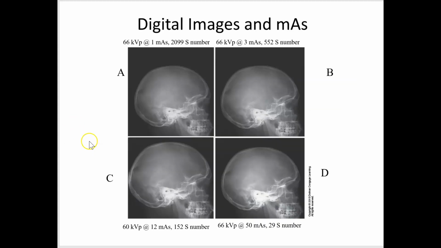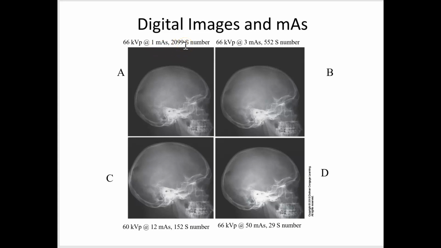All right, this slide is an example of very different techniques being used on digital imaging, and what happens is the computer corrects the image to look like what is in the lookup table, and it's going to adjust the density and contrast to look as much like that perfect image that's in the lookup table as possible. And so these four images all look diagnostic. They look like we could turn them in, but if you look at the exposure numbers,